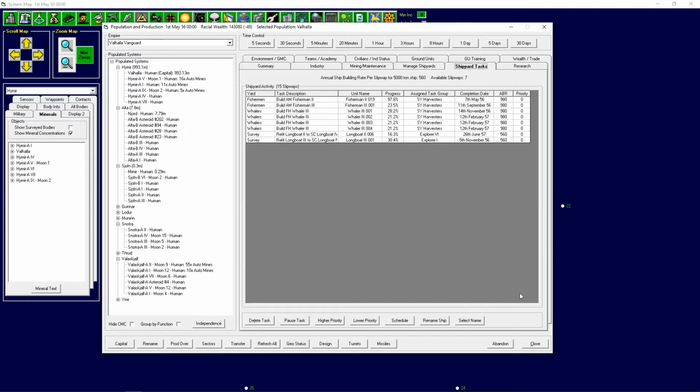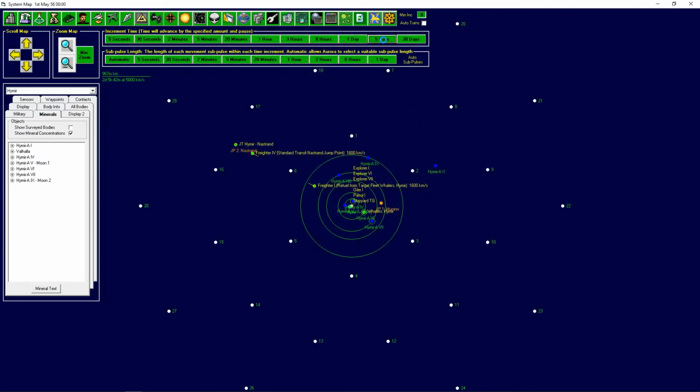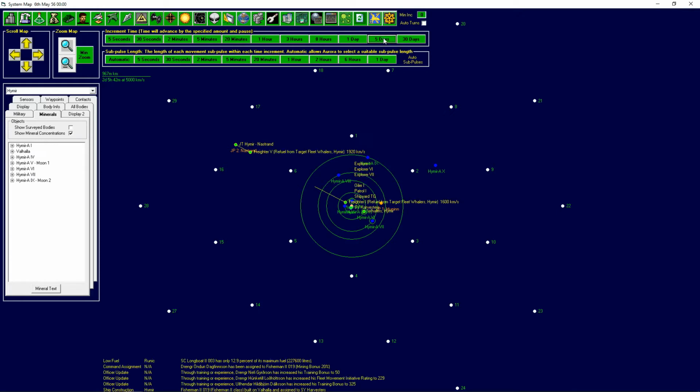We should be getting fishermen soon, which we'll probably send to Mooney, just so that we can start utilizing the comet a bit more. Now, to be fair, getting the resources out of there is going to be quite a royal pain in the butt. Ah, there we go, we got the fisherman. Which means...